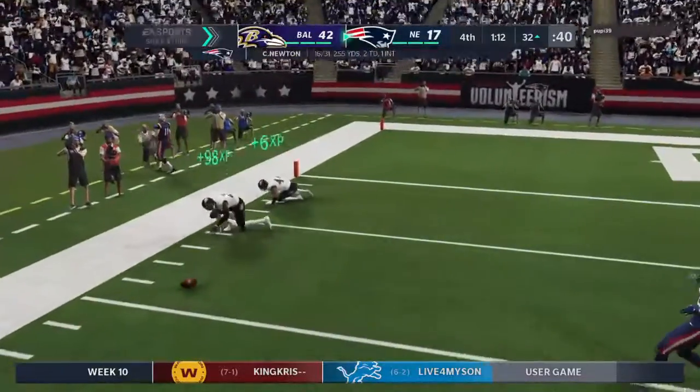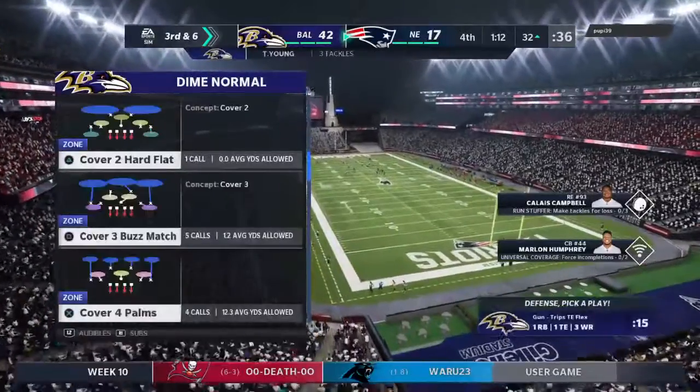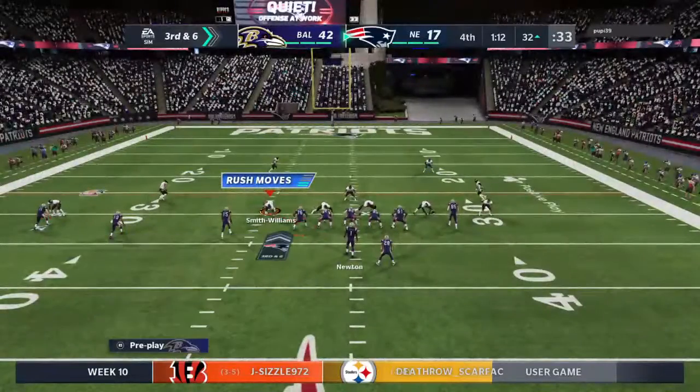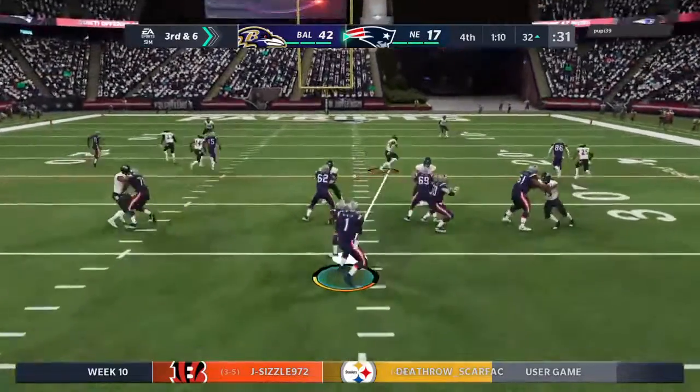And that one was nearly picked. Not sure he was accounting for the free safety. That brings up third down. The 25-yard line is what they need here. This is third down. Now a play fake, and it's